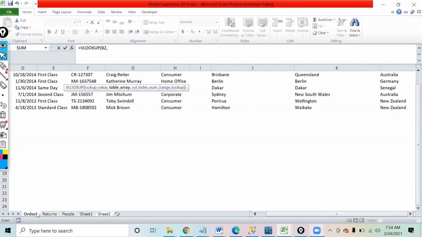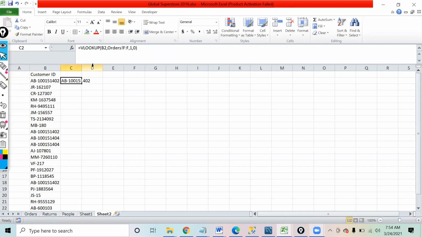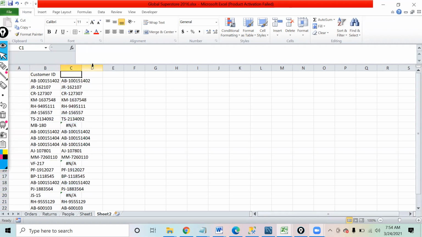If you go to the orders sheet, in the customer ID column, select that, comma 1, 0. Perfect. This is what we'll get. Now I can just drag it down. So this is where I get a #N/A. The IDs that were not available in the data are giving me #N/A.